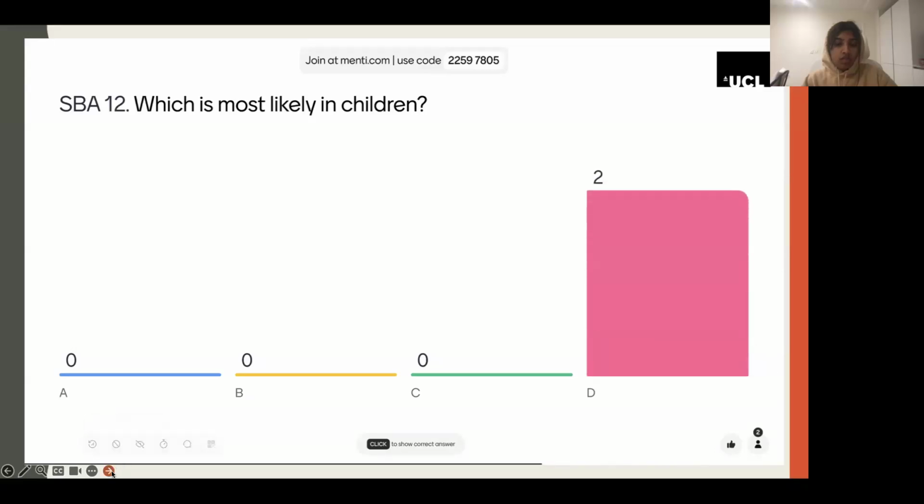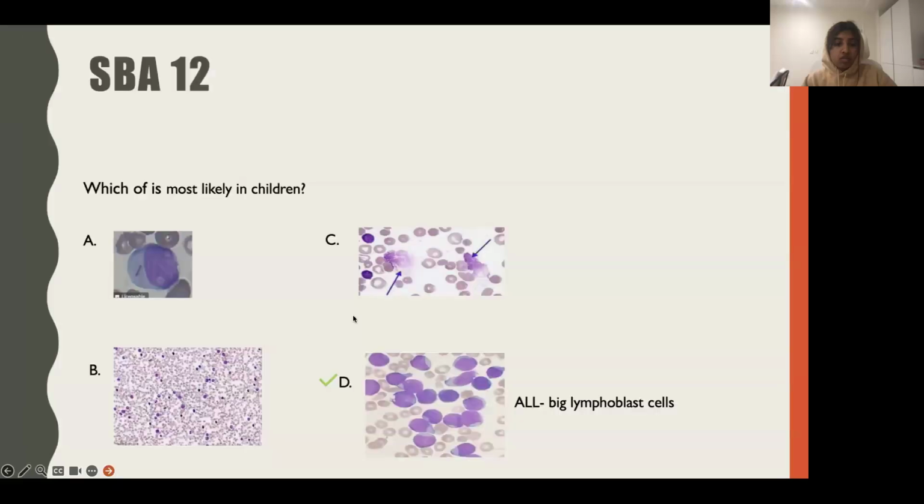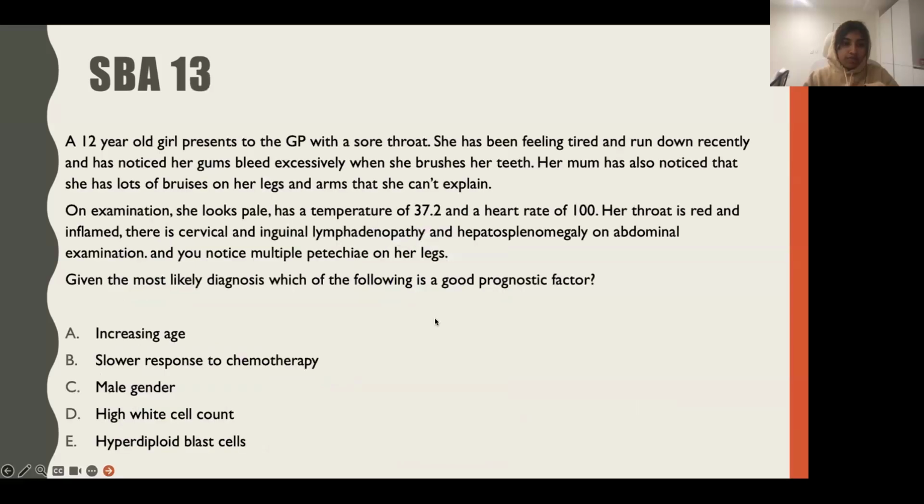People are saying D. Yeah, so D. ALL is big lymphoblast cells. So yeah, well done, guys. Okay, cool. Next,